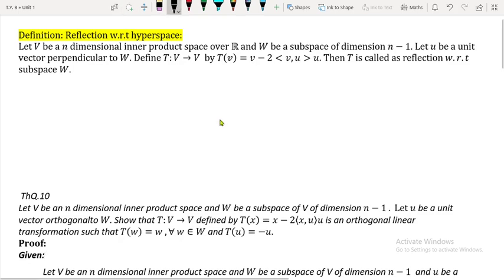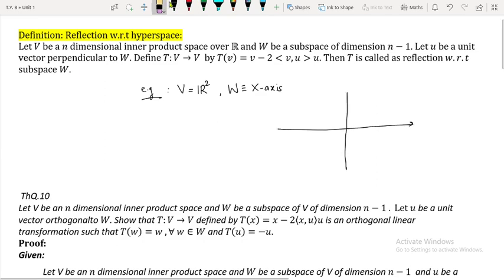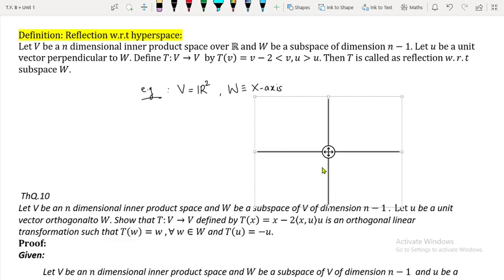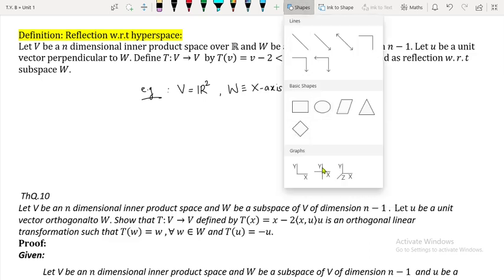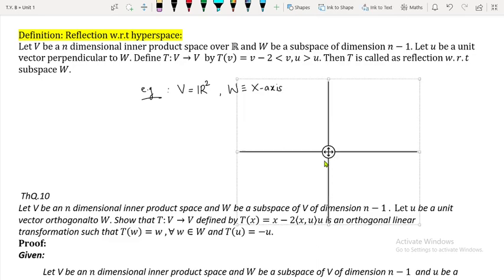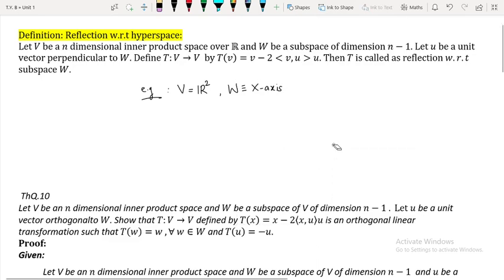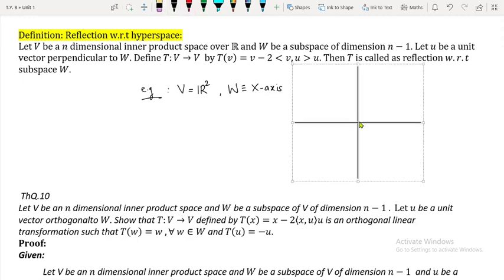So for example, if I take one vector space, obviously R2 is a good example to understand, and suppose my subspace is the x-axis. We are having inbuilt x-axis and y-axis, we will use it. Somewhat like this. Now let us try to understand. So this is my x-axis, this is my y-axis, and this is my W actually, right?